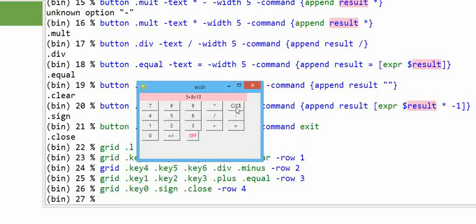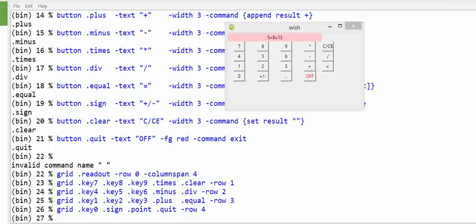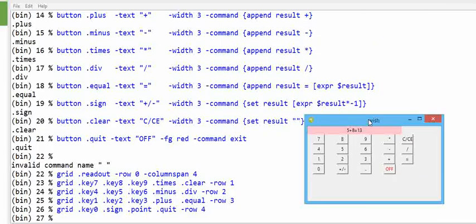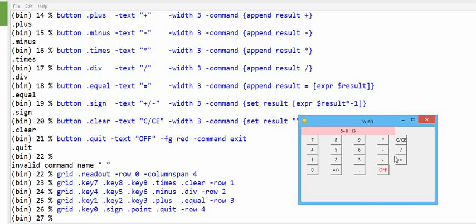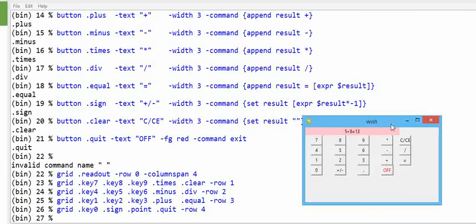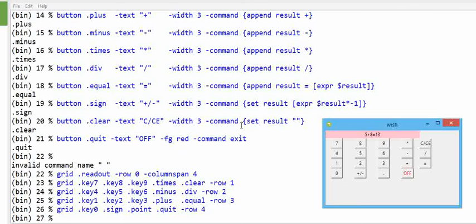After that, dot c, it will clear the screen. Okay, it is not clearing the screen. Okay, now we can have the off. Fine. So now the output which I have shown here is 5 plus 8 equal to 13. In order to make it clear, it is necessary that the clear function must set the value. So I have used the set function. Initially I had taken append, so it was appending the value. Now I have changed the command to set. So if I click the clear function, the screen will be automatically cleared.